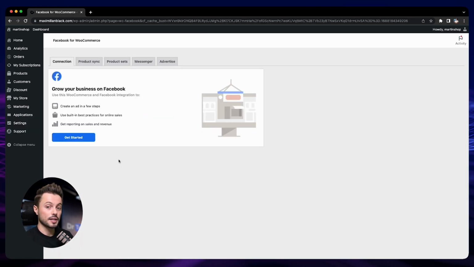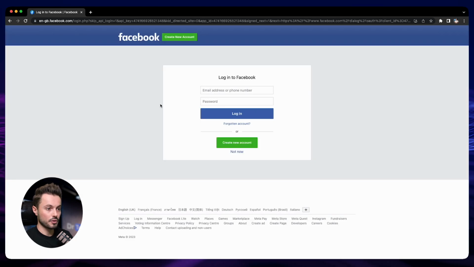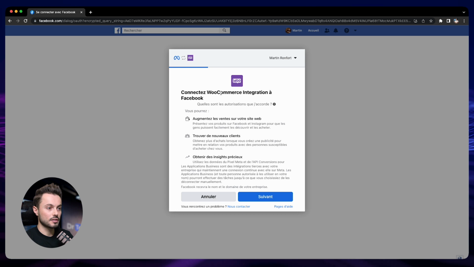Okay, great, so now we are in the Facebook app, and click on Get Started. Then we log in. Then you want to connect your store to WooCommerce. I'm very sorry, everything is in French by default because my browser is in French, and unfortunately, this time I have no way to change the language. So either you learn French very quickly, or I will just tell you what to do. Here, when it asks if you want to connect WooCommerce to Facebook, just click on the blue button, Next,